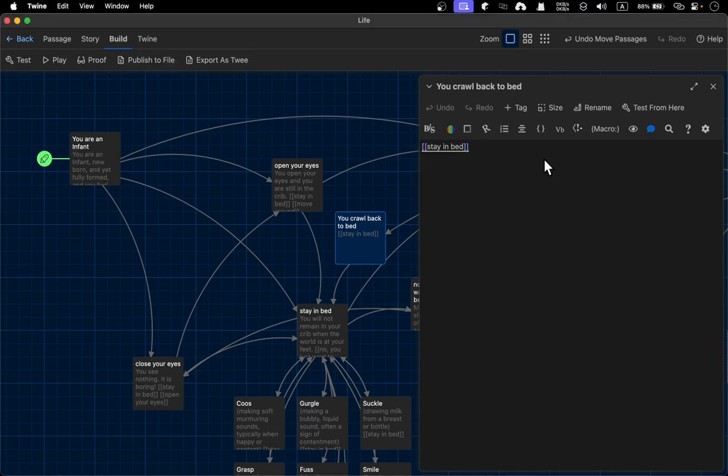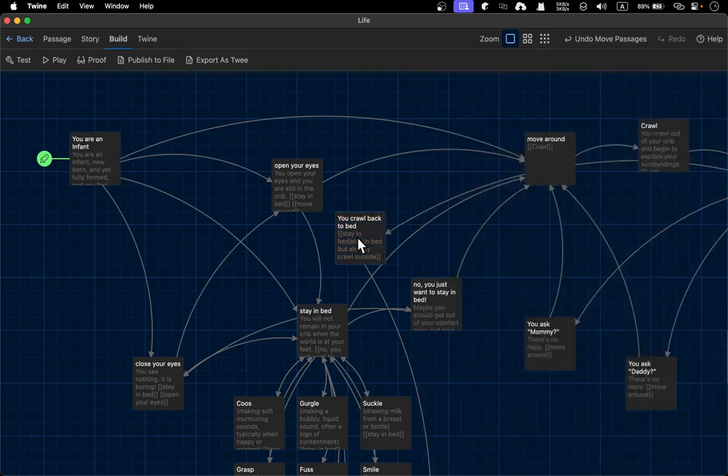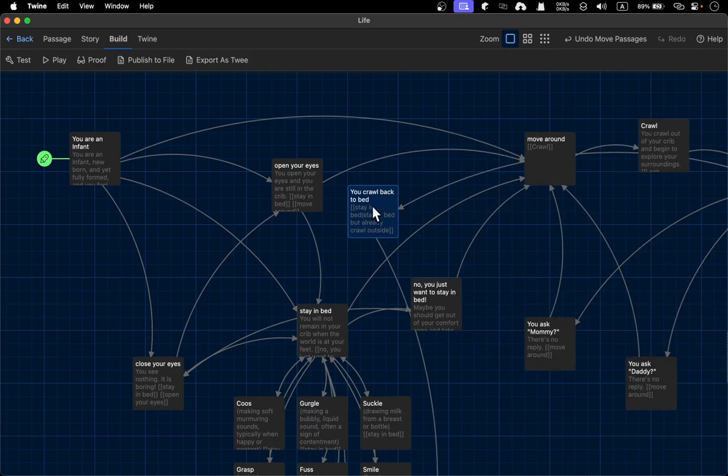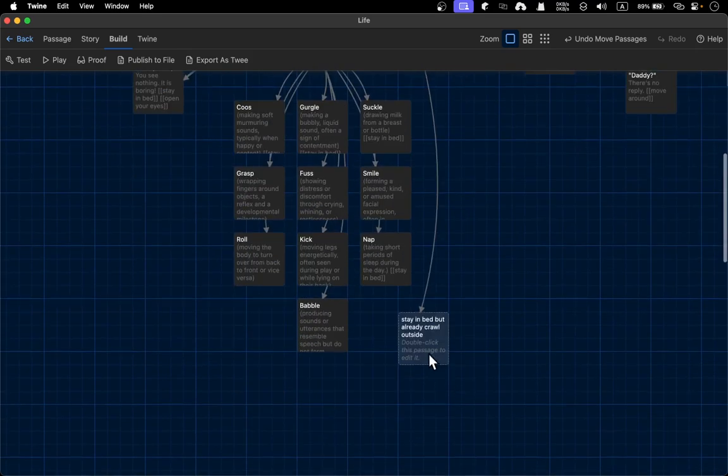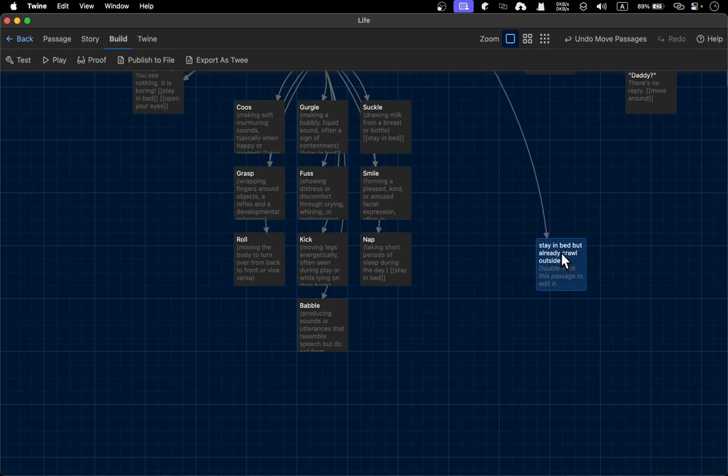Okay, so what I'm going to do is add a line here, and then say "stay in bed, but already crawl outside." Basically this option will not give you a point to stay in bed, but rather give you another option: stay in bed but already crawl outside. So you get a completely different storyline,